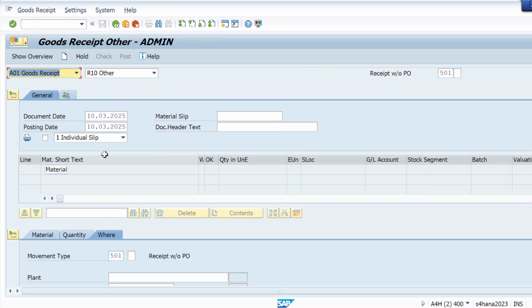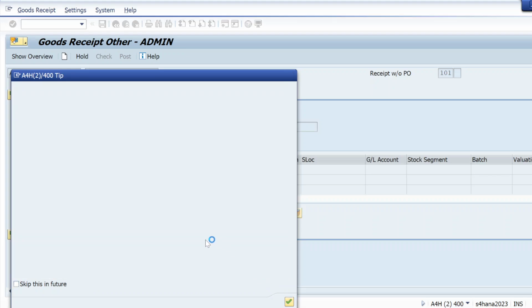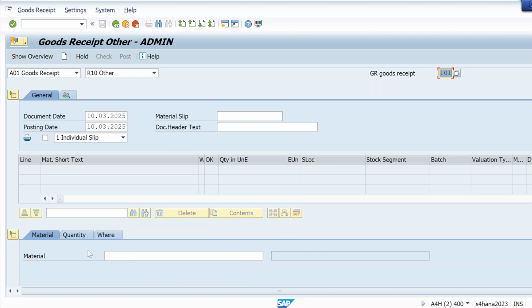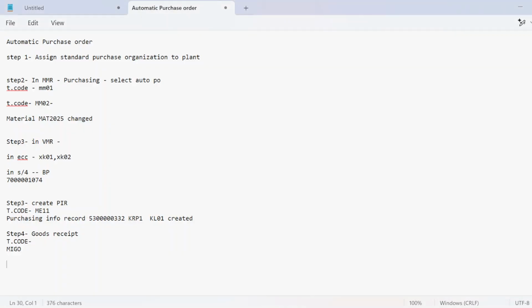And here the movement type must be 101. Make sure the movement type is 101. Hit enter. And here we will give the details like the material number. What's our material number? This one, MAT2025.